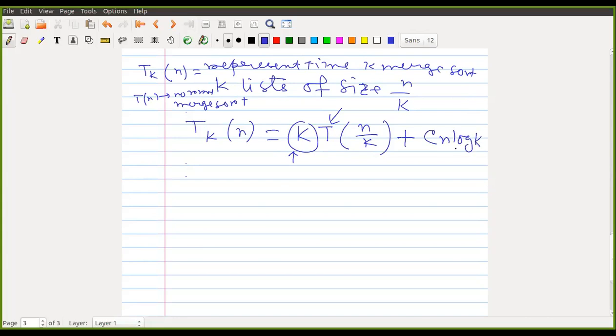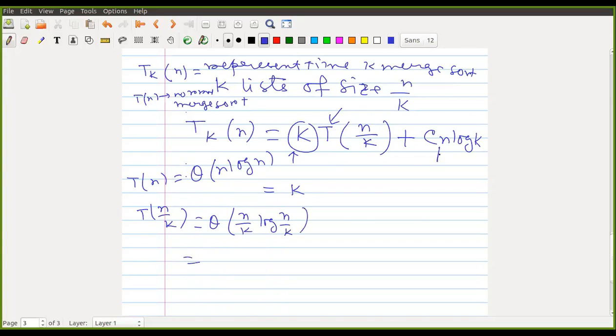Merge sort T of n is theta of n log n, so T of n by k would be theta of n by k log n by k, right? Let's call this constant C2, so C2 n by k log n by k.